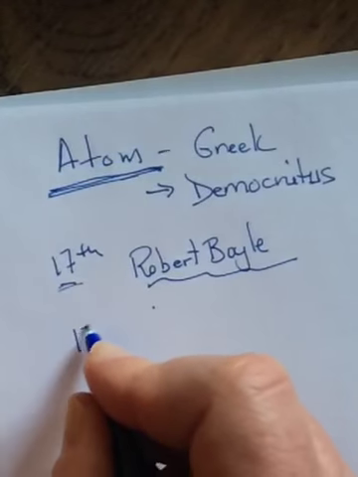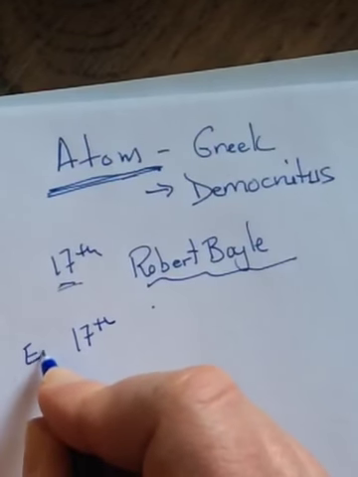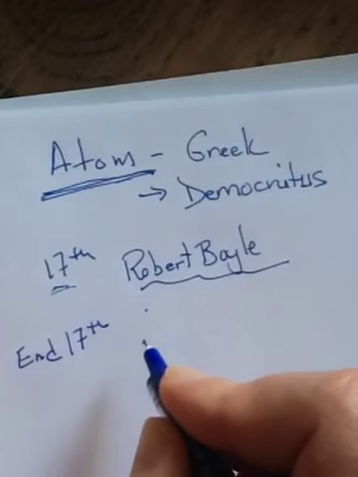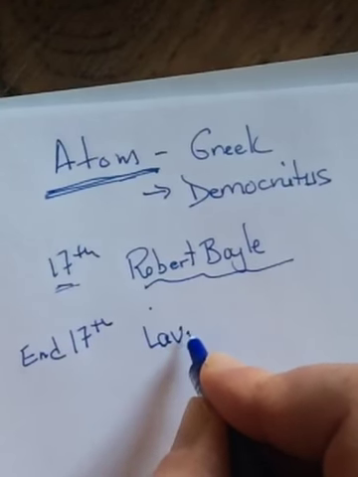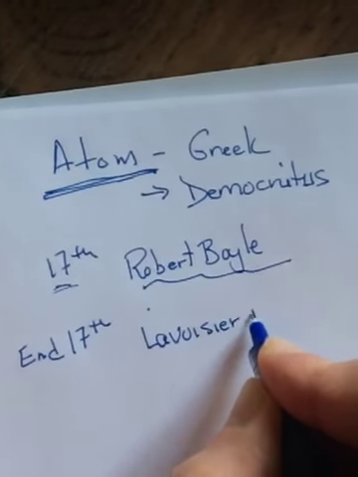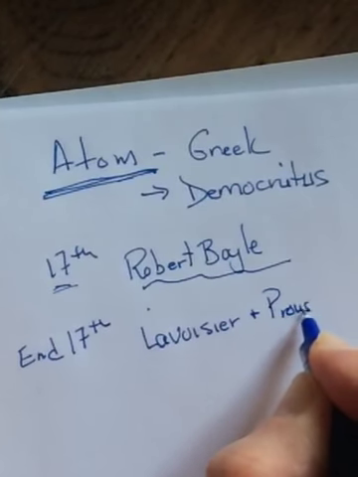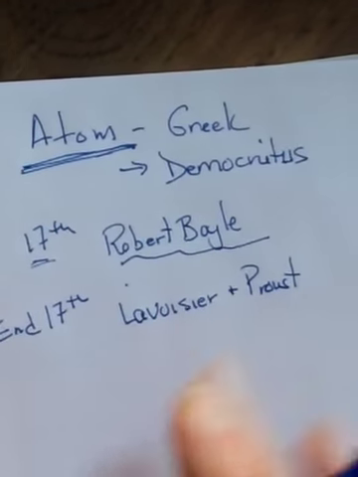Then at the end of the 17th century, and we're going to run out of time here, so it'll be continued, two guys called Lavoisier and Proust were measuring the amount of elements that